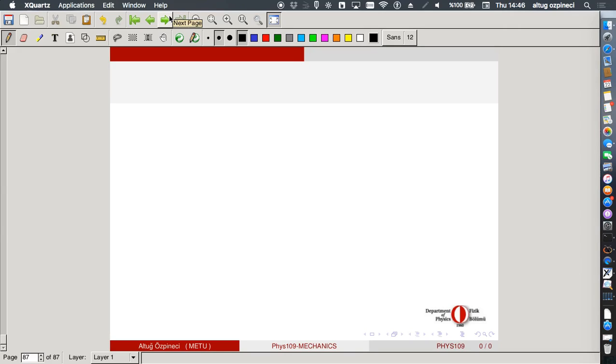For example, Earth, we will assume that it's an inertial reference frame. If you move at constant velocity relative to Earth, then it's an inertial reference frame. Then you are an inertial reference frame. If you are not moving at constant velocity, then you are not an inertial reference frame.